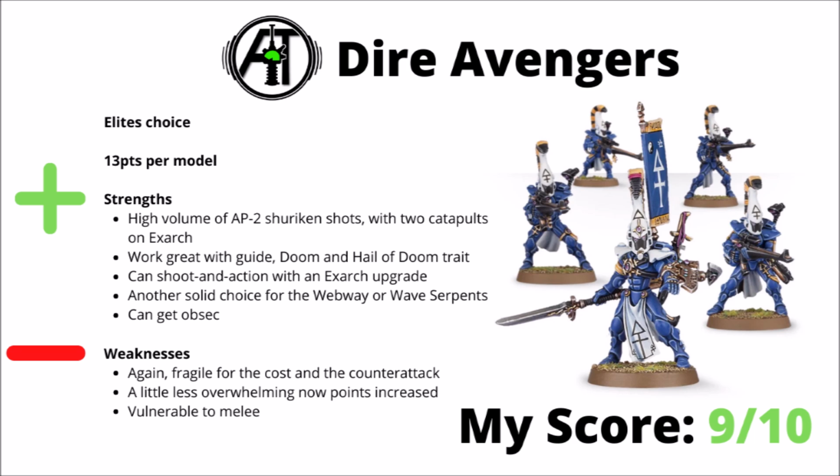Certainly with the Doom power or the Hail of Doom trait, a unit of 10 of these is almost guaranteed to shave off rather a lot of wounds against whatever they're targeting, never mind the havoc that they cause to standard infantry. Again, being a little bit on the short range side, they can be another choice for the Webway or Wave Serpents, and for the Exarch they've got a few interesting options that they can take, being able to shoot an action with the Exarch upgrade, maybe getting objectives secured via an Exarch trait as well, or you could